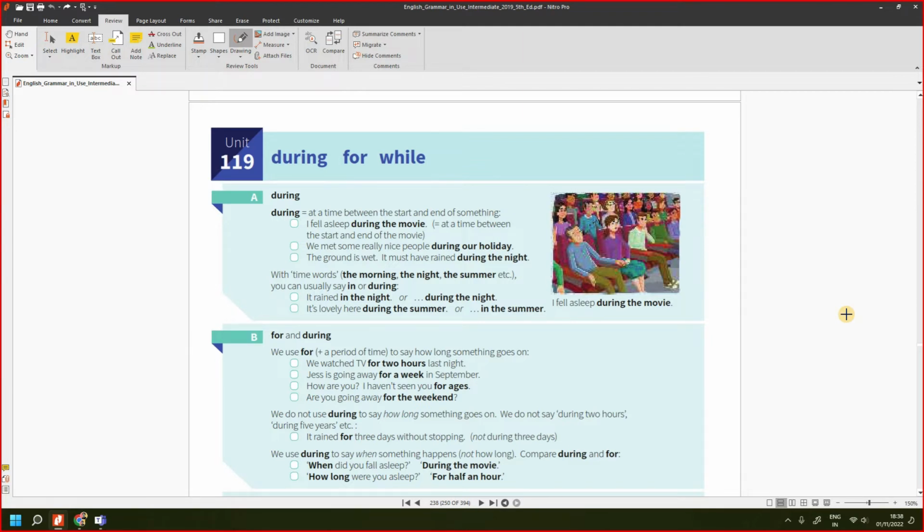And we can divide prepositions into three types. So prepositions of direction, prepositions of place, prepositions of time. We'll look at them one by one, and in this book you will have all these prepositions, all kinds of grammar topics are there. So I just want you to follow me, okay?